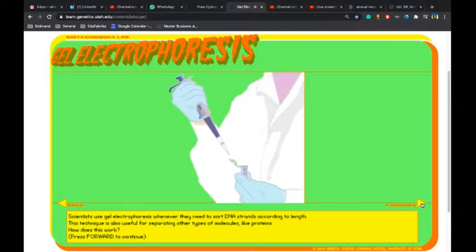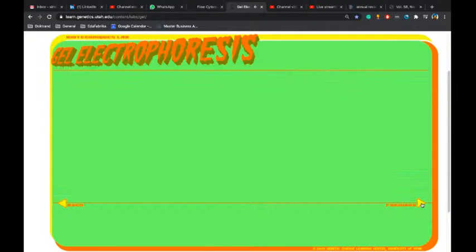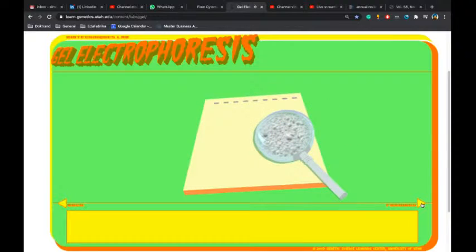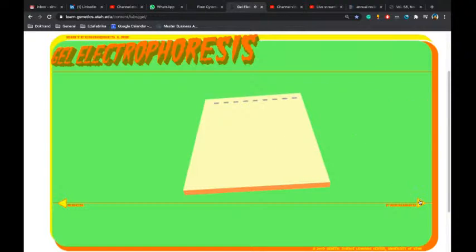Scientists use gel electrophoresis whenever they need to sort DNA strands according to length. This technique is also useful for separating other types of molecules like proteins. So this is your gel. This is the gel which acts as a filter. You can see some pores, like molecular sieve tubes. You put your samples on top,